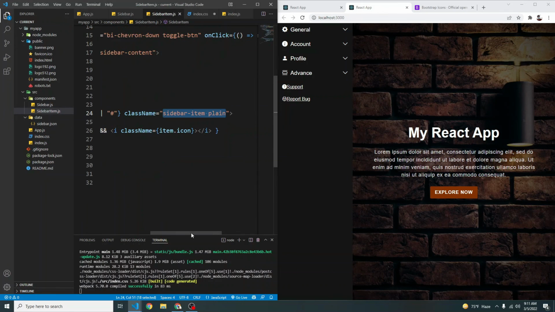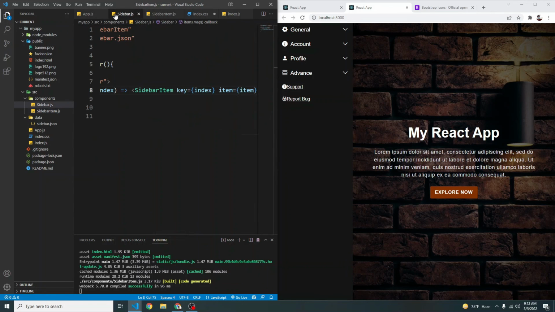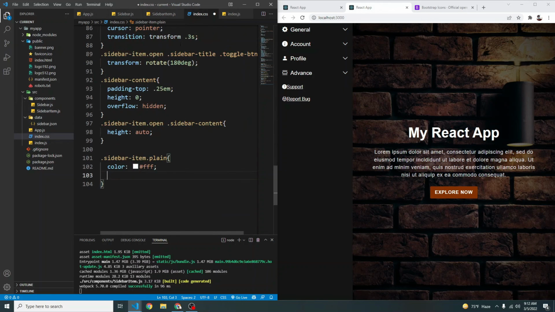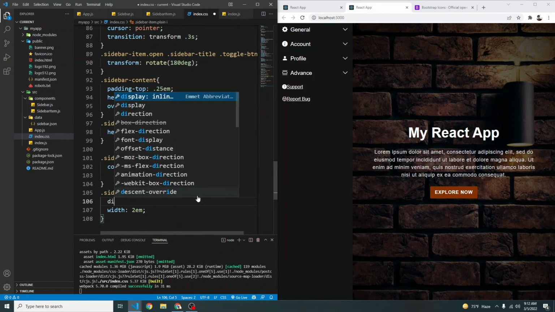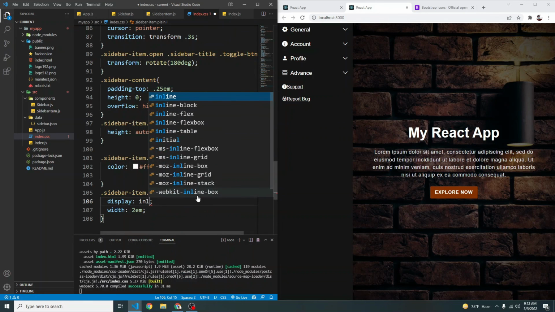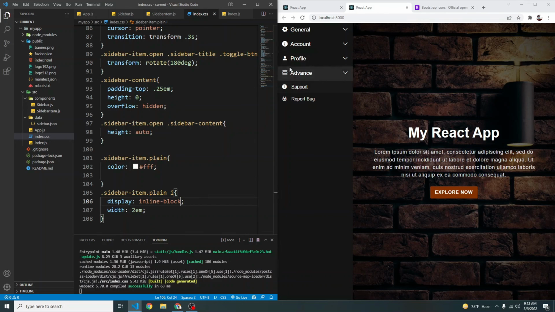Let's go here, and I don't think we need the span here either, so we can delete it. Like so, save. Actually let's just separately style our item here. So let's go to our CSS, let's target this, Control C, paste it, Control V, and then target the I tag. This will also have a width of 2 em, and the display will be inline block. So display inline dash block, save. And now we have these styles applied also.